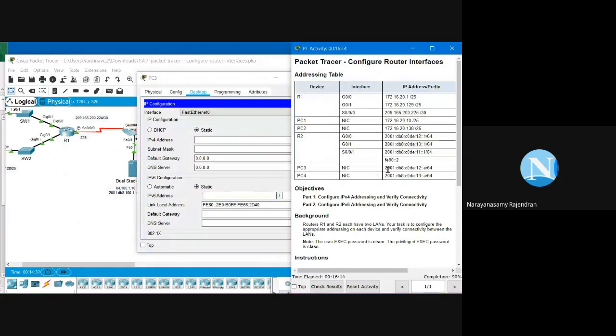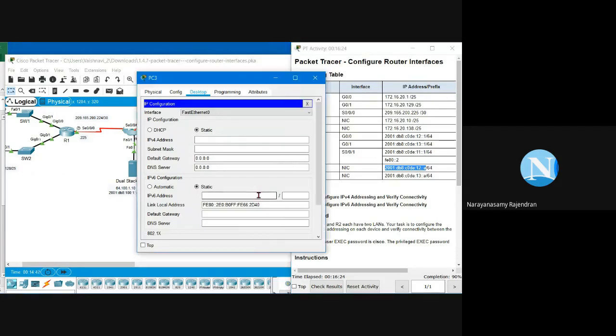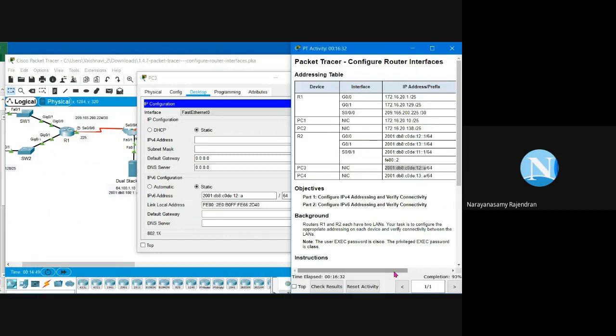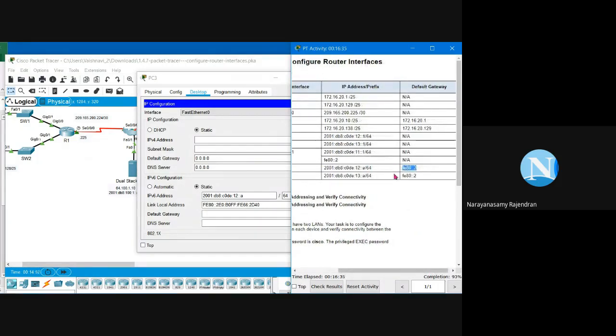Let us copy the PC3 IP address. I am copying only the address. I will type the prefix length manually. I'll paste the IP address, then type 64. Then we have to configure the default gateway. Default gateway is FE80::2.